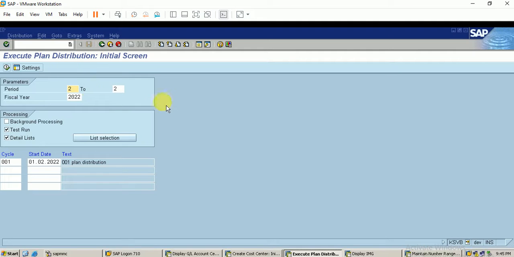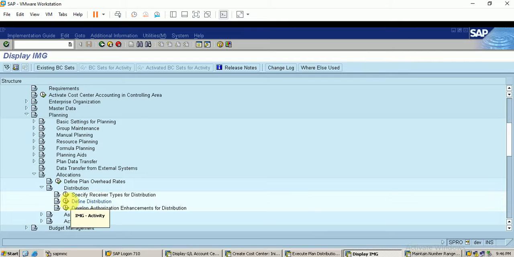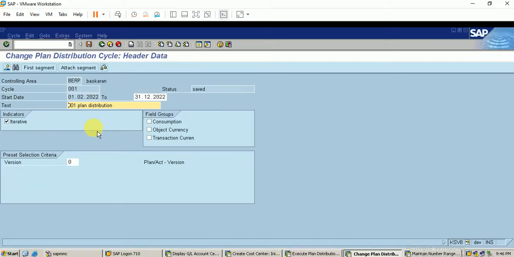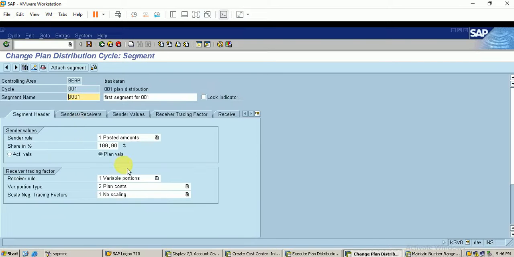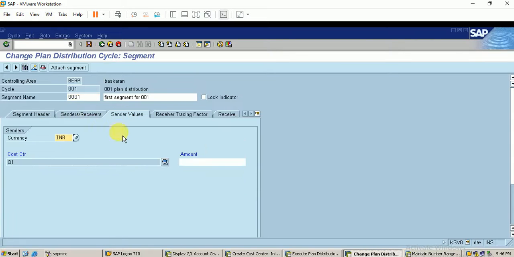This is the execute plan distribution. I just move on to the, where it is. Okay, create plan. Okay, a change plan distribution. We will modify some changes over here in the first segment. Okay, the sender rule is posted amount. Okay, I just change it to fixed amount. So it will change some values over here. Okay, the cost center, the receiving tracing factor, the receiver,